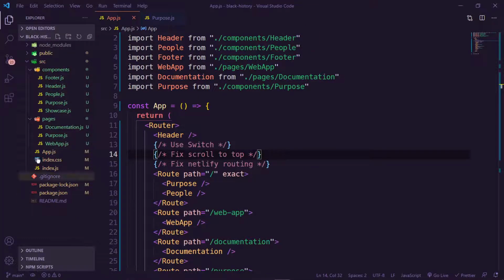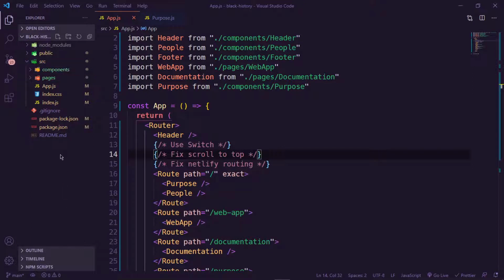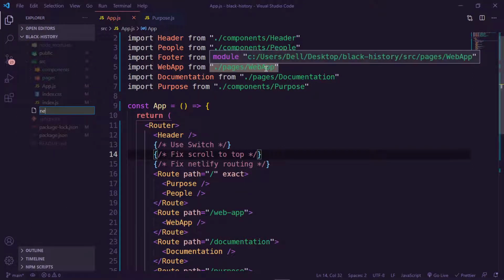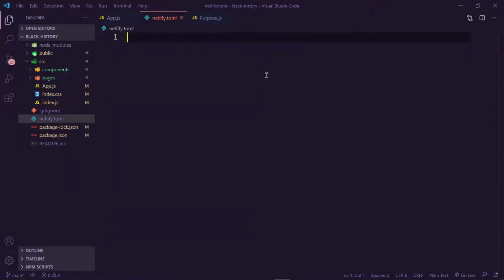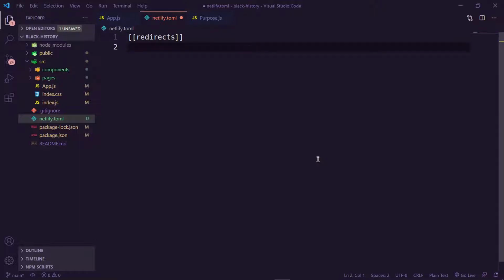So make sure you are inside the root of your application, and then create a new file called netlify.toml. Inside this file, have 2 square brackets, and then just call it redirects like that. And then this is going to be redirecting from /all, and then this is going to